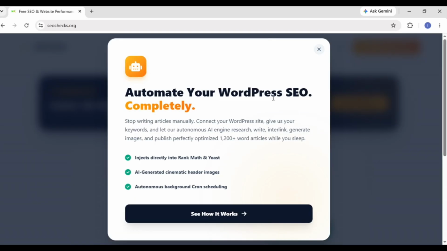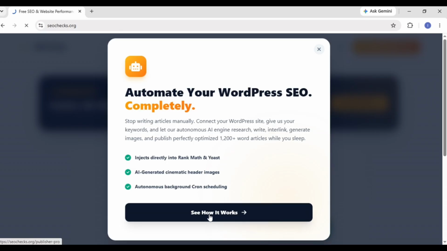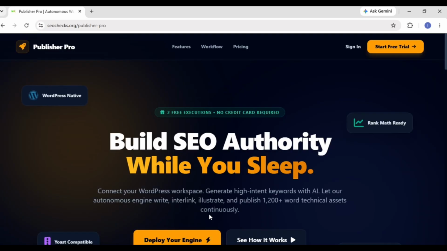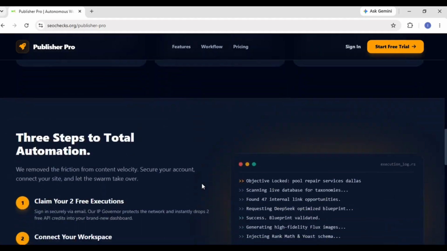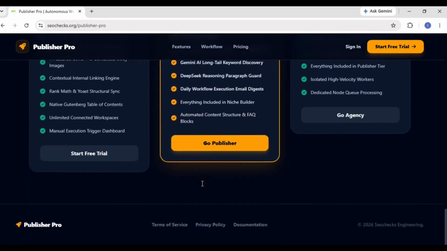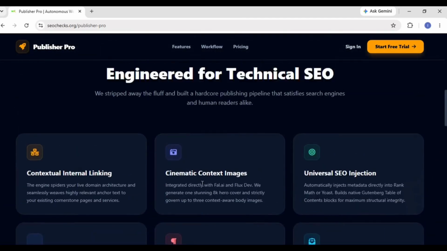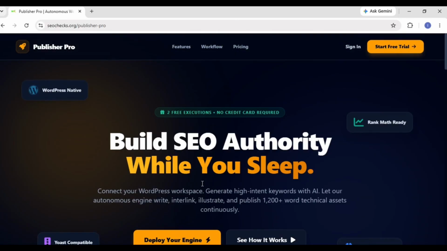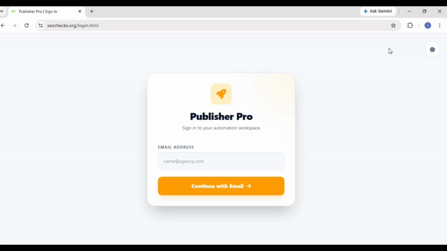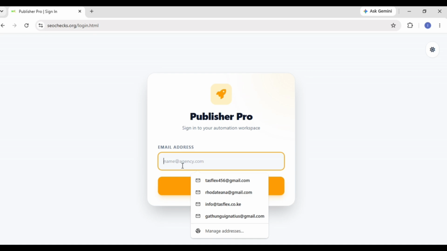So click the Pro Publisher. See how it works. Click that button. Scroll down and you will see what we offer here. So what we want is this platform here. We want to